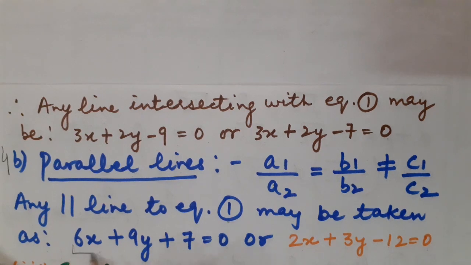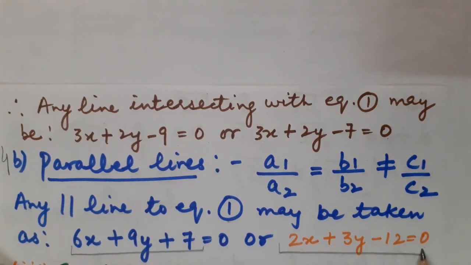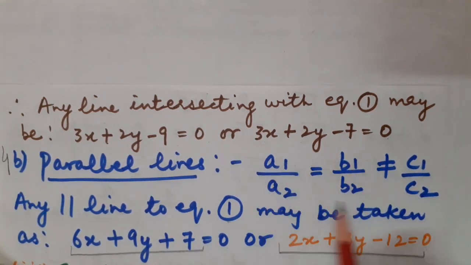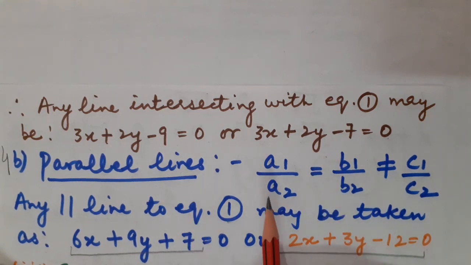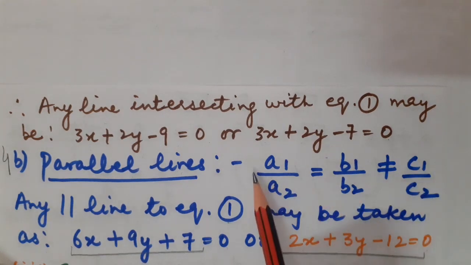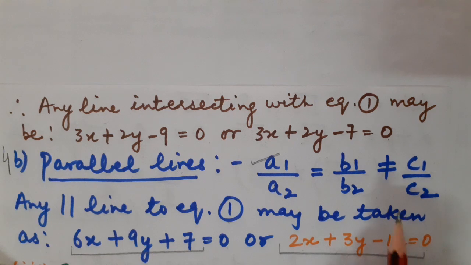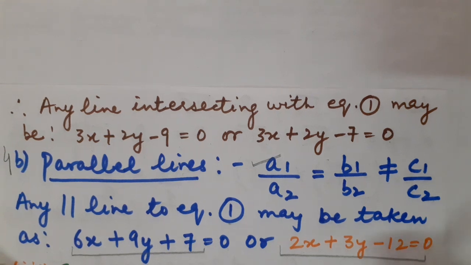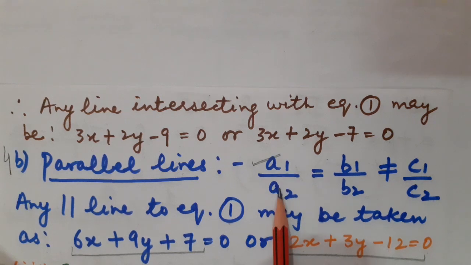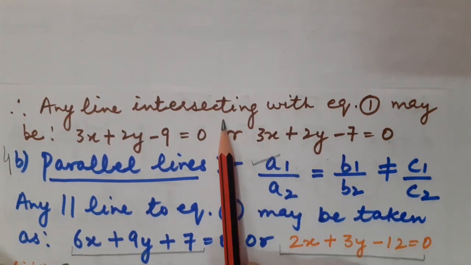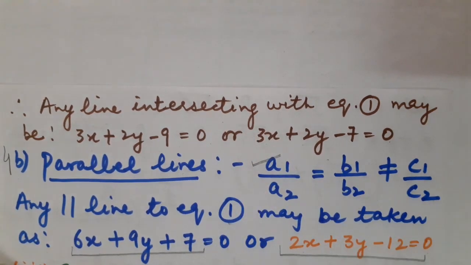Children, these are two examples which I am going to give. Fine. So this condition will be satisfied along with the given equation. You can write any equation of your choice, but you have to keep the given condition of parallel lines in your mind. Fine, children? It is not mandatory that you go with these very equations only. You can construct your own equations also. But make sure that whatever condition is demanded, either it is related to parallel lines or, as in the previous part, intersecting lines, that must be satisfied.